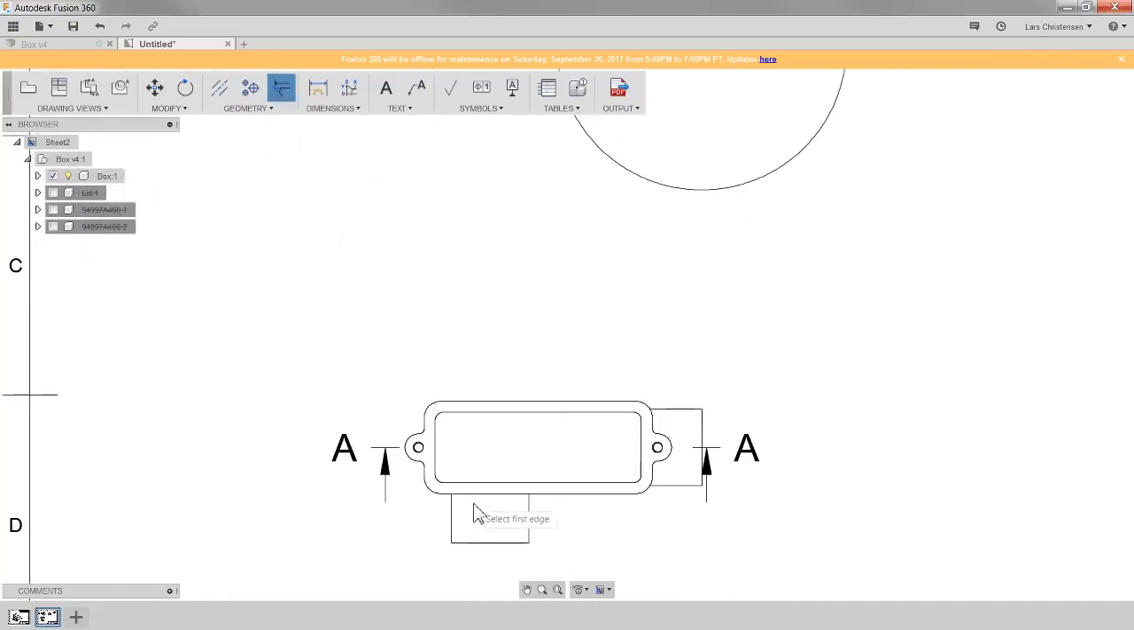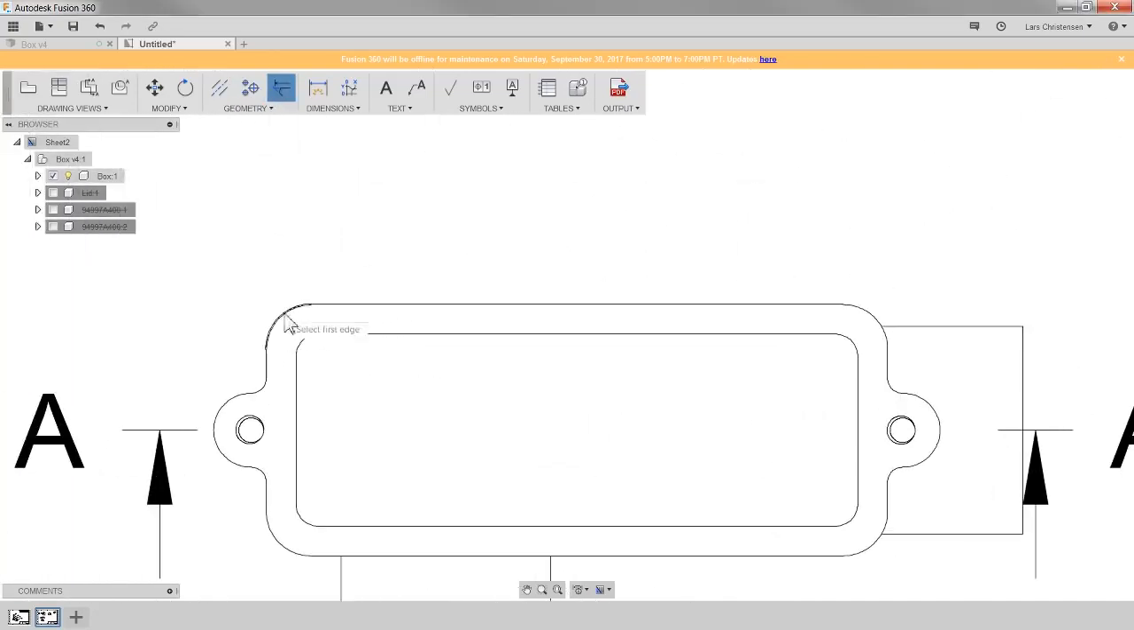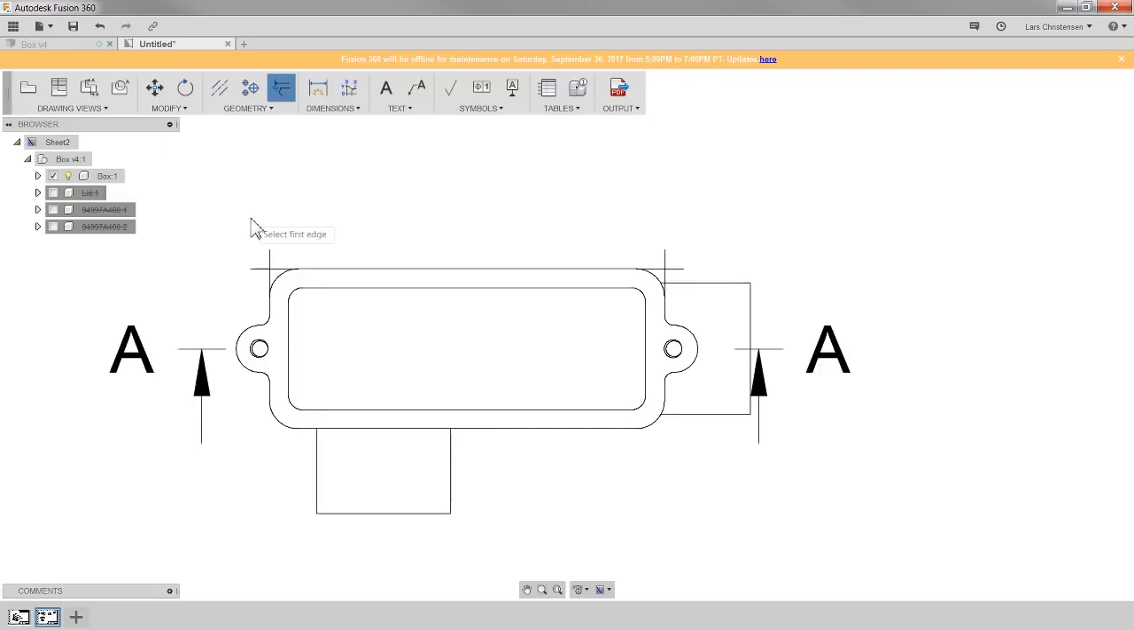So what that is, if you have a radius here and you want to dimension to the intersection, you can select two edges and it will create edges for your dimension to go to. So that is important. I'm going to skip the dimension for one second and talk a little bit about